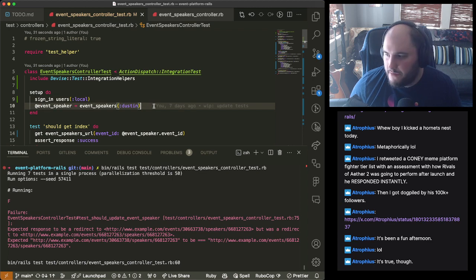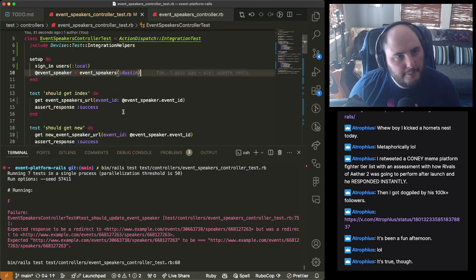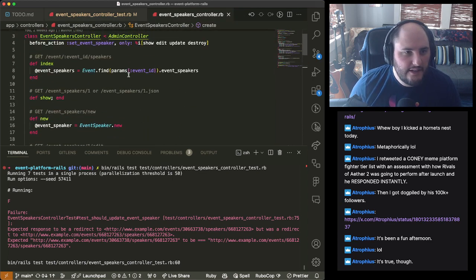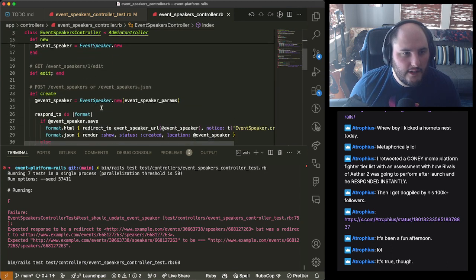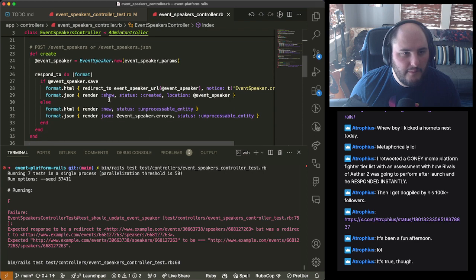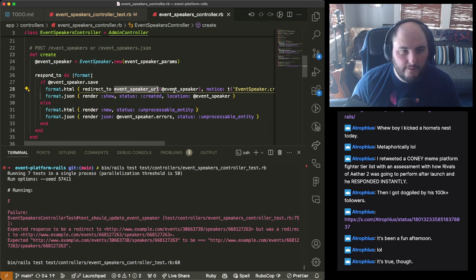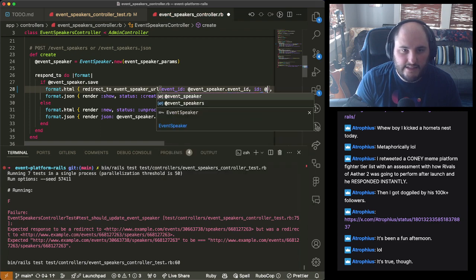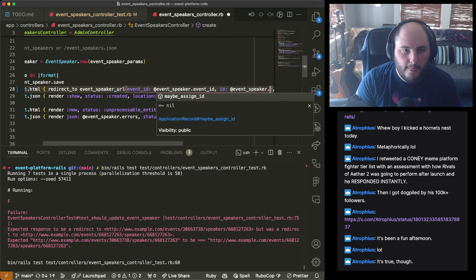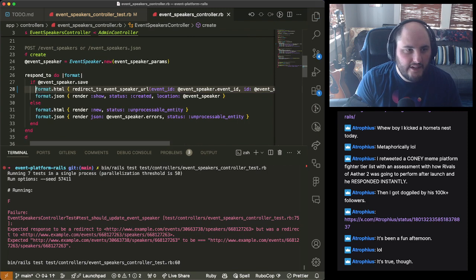If we come back over to our speaker test, we're going to look here and make sure I haven't missed anything. So redirects, there's redirects in places like right here. If you remember, we need event ID to be the event ID here, and then the ID is the same thing, but ID. That'll fix this test.